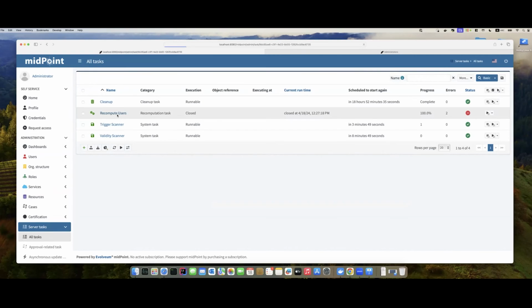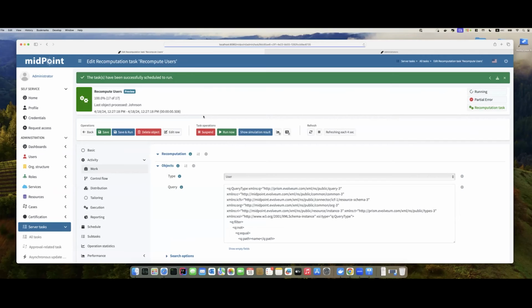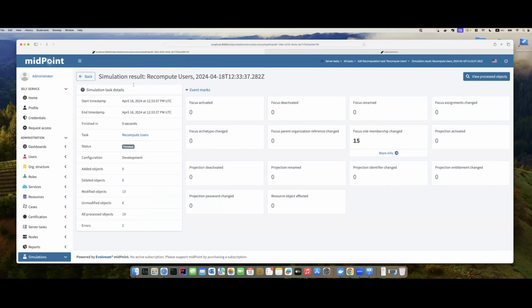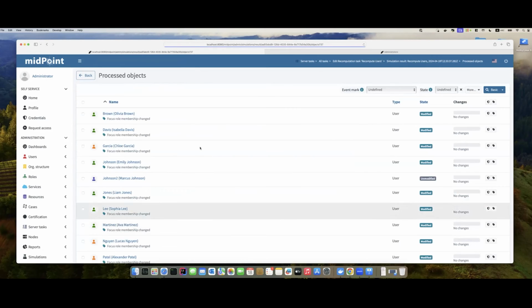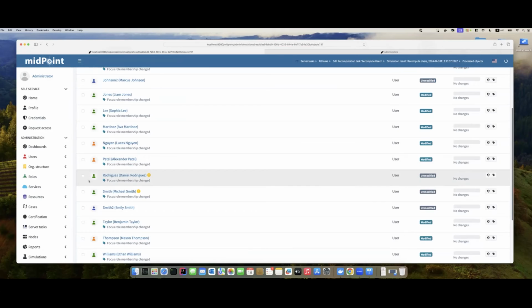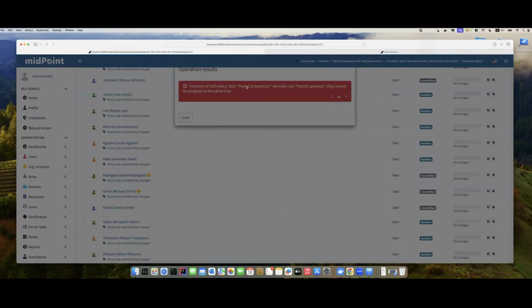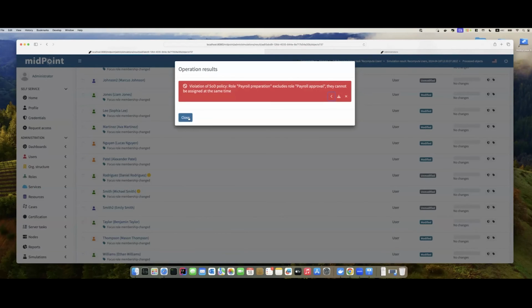So we will just run the task, recompute the users, and look at the simulation results. We see that as the segregation of duties has been applied, we have two errors. We can click there, and MidPoint will show us the reports. Specifically for these two accounts, we can see that a violation of the segregation of duties policy rule has been found, and they cannot be assigned at the same time.